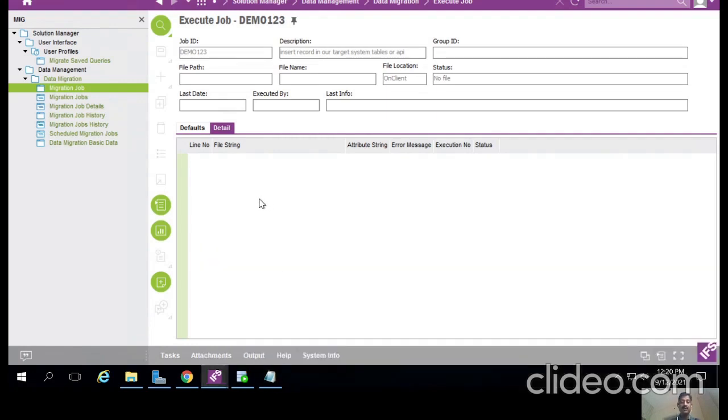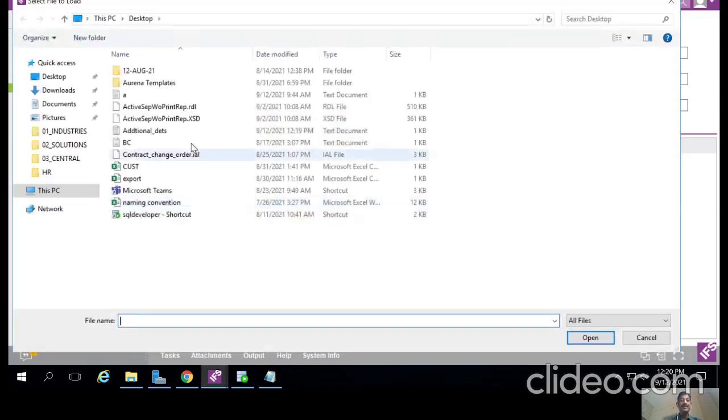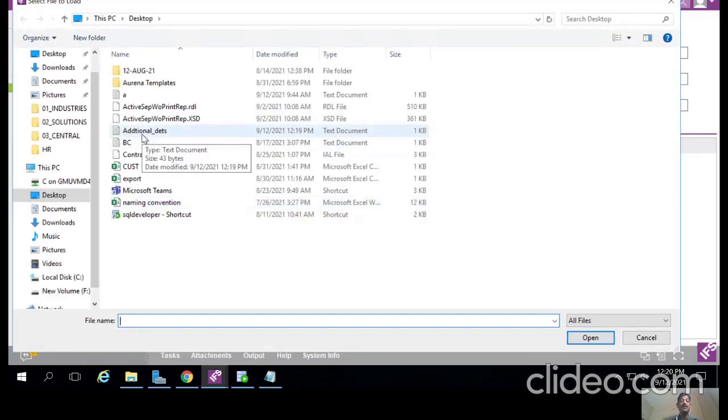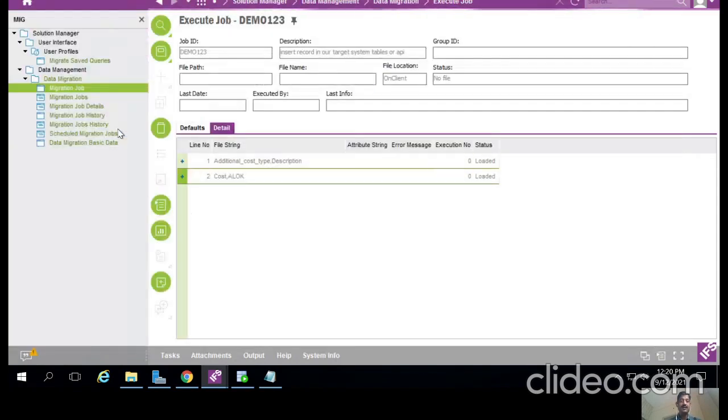Use your RMB function, choose your load file, and select your file where it is located in your system. My file name right now is the additional details file, from which I am migrating data. So I am choosing this file and saving it.